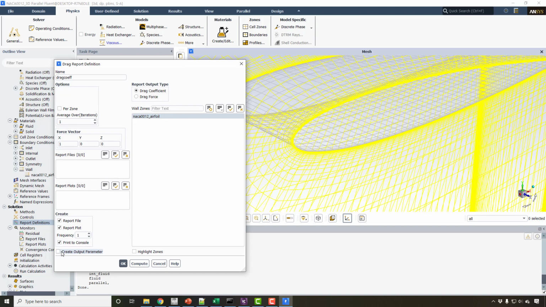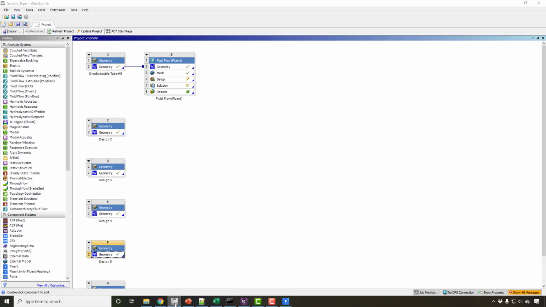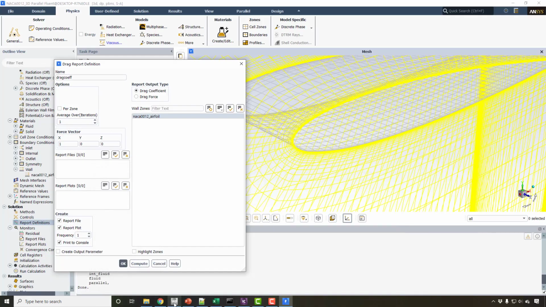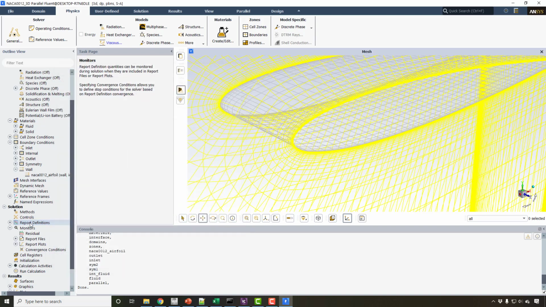You can also make it a create output parameter, which will be shown in the Workbench if you are creating this project in the Workbench. So this will be shown as an output parameter on the Workbench. But because we are solving this case as a standalone case, I will not make it an output parameter, and click on OK. So we are done with the drag coefficient,